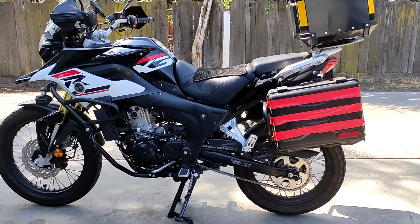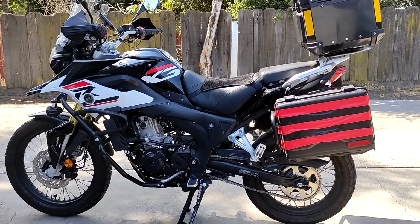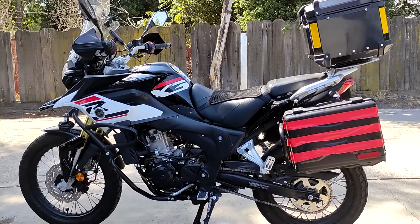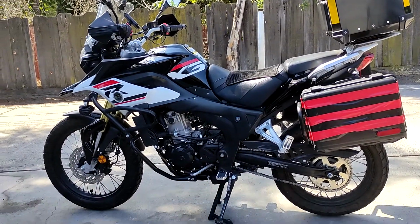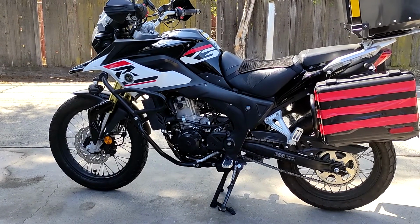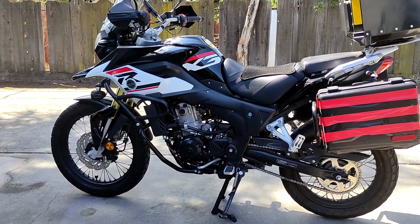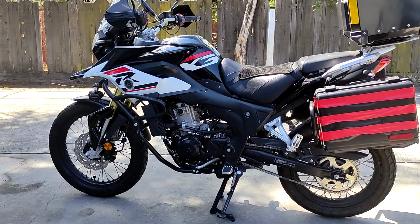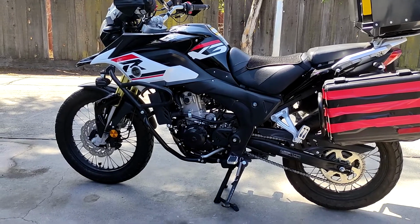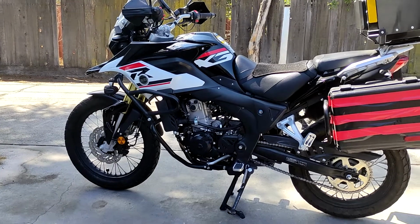Hearing from the feedback, a lot of you are of the mindset or have the idea that I am the reason why the problems that I've been having with my bike are caused due to me overloading it. And to be honest with you, when I bought this bike, I really had no idea that it had a weight limit. I mean, let me not say that. All bikes have a weight limit per se. Every bike has a weight limit, but it just wasn't listed anywhere. And so because it wasn't listed anywhere,